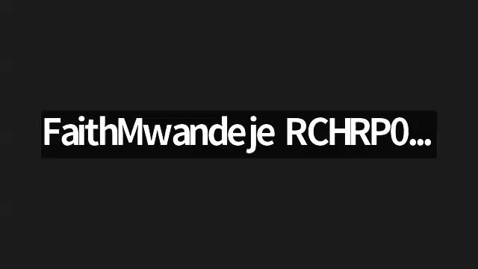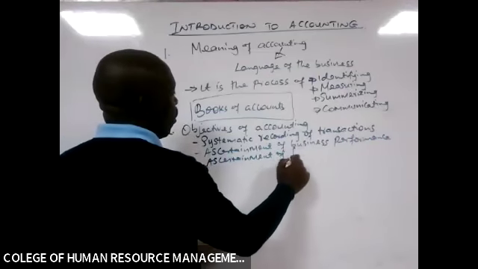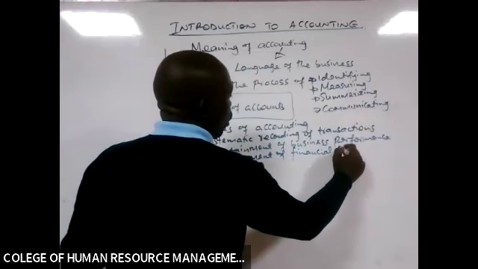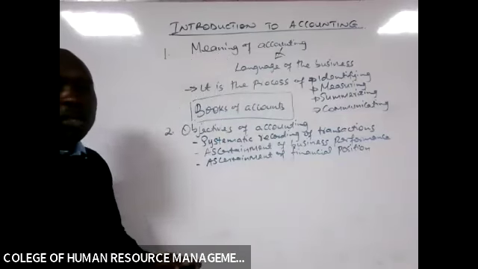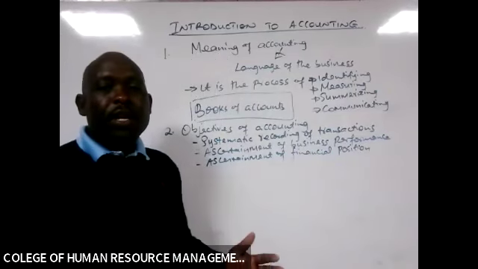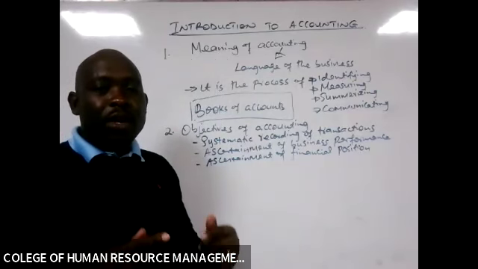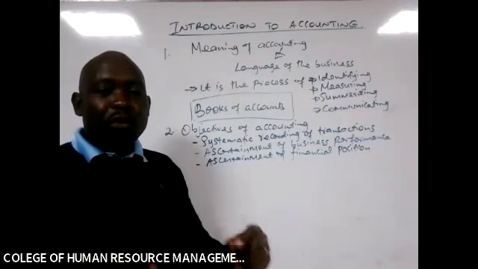Objective number three is the ascertainment of financial position. Ascertainment of financial position. The financial position of a business, or if I can start with an individual, you as an individual, if you want to know your financial position right now,